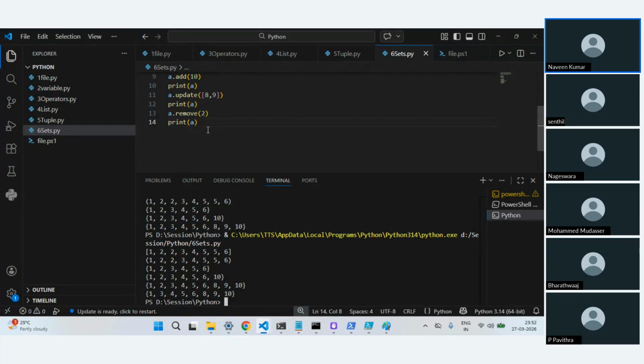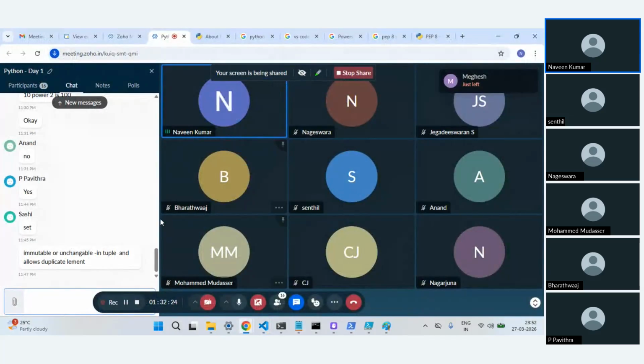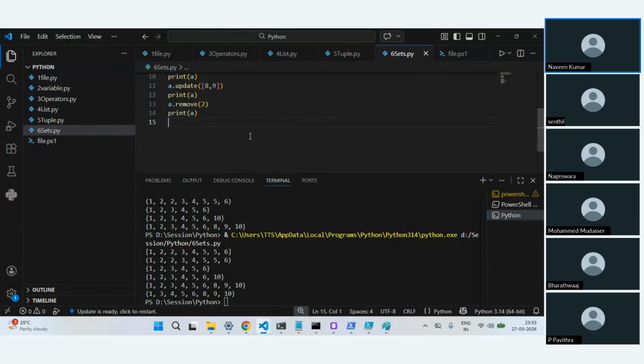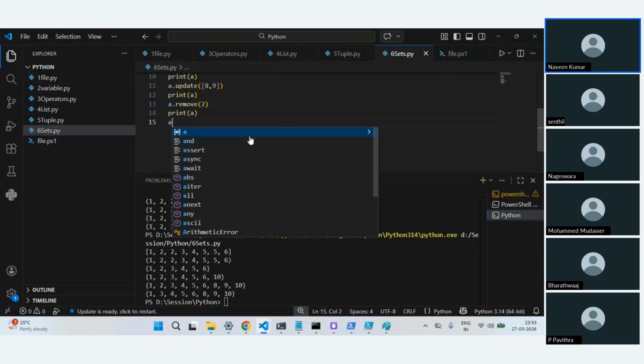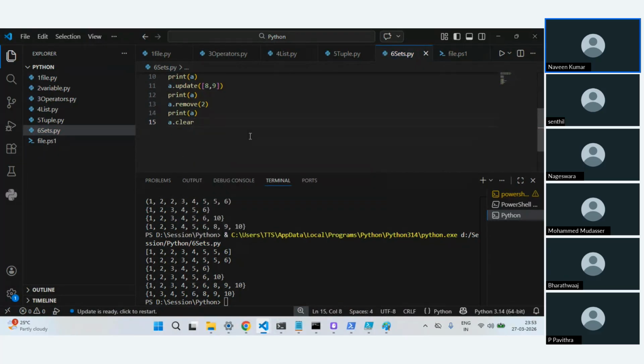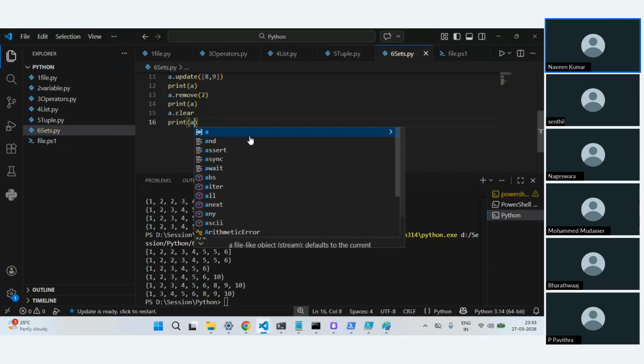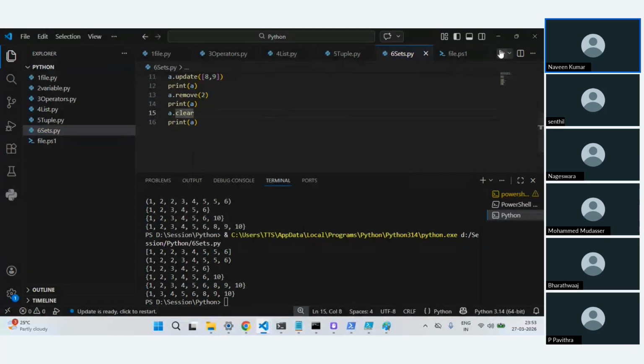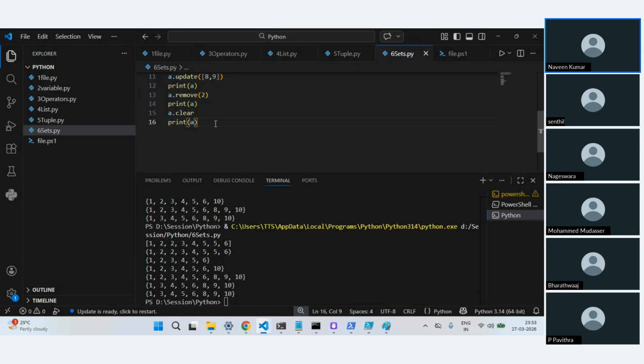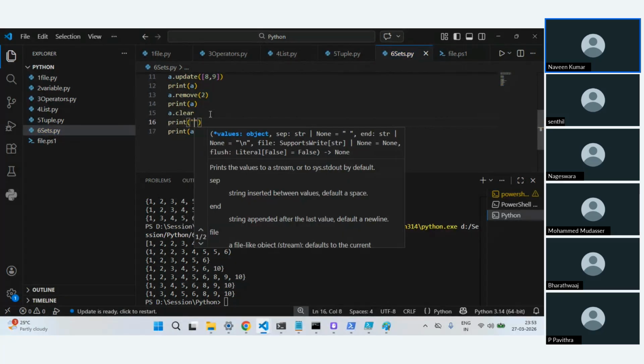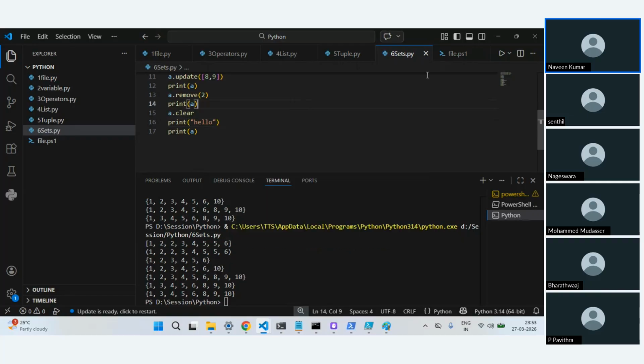Again, there are different functions also. If you want to clear all the elements from this set, there is a function called clear also. If I do clear and then print of A, this is going to clear. Okay, wait, just to see.